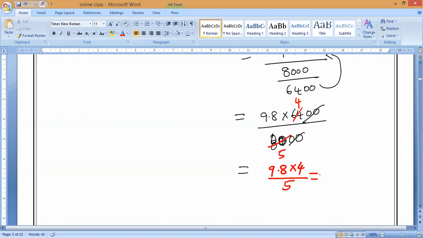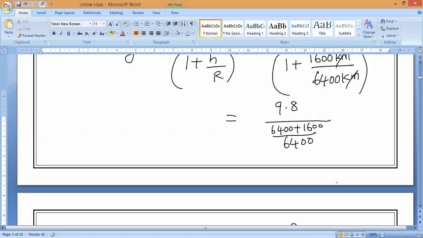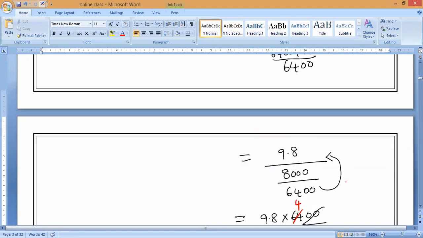So please all of you do this and tell me. 9.8 into 4. Sir, the answer is 7.84. Wait. 39.2 divided by 5. You have to solve it. Understand? If you are not solving here, numerical. We forgot something. We are missing something. That is what I am expecting. Yes, very good, Prabhudas. That is the formula itself we are missing.